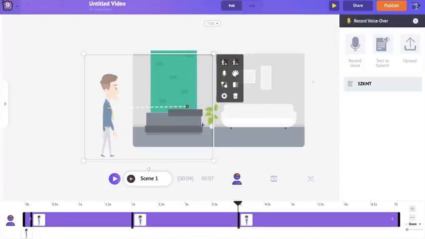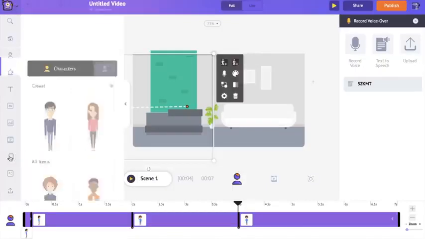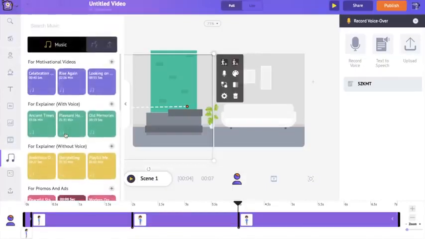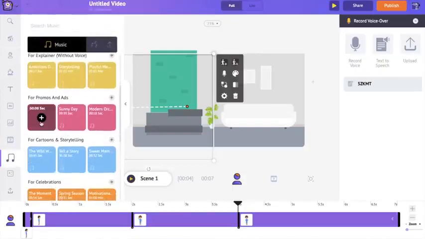Now as a final step, I want to add a music track to this video. To add a music track, again I'm going to the asset section, and down you have a section called music. There you have a lot of royalty free music which you can make use of, and all you have to do is you just hover over the music tracks and you can hear them. When you are fine with a music track, you just click on this plus icon over here. It will automatically add that music track into your video timeline.